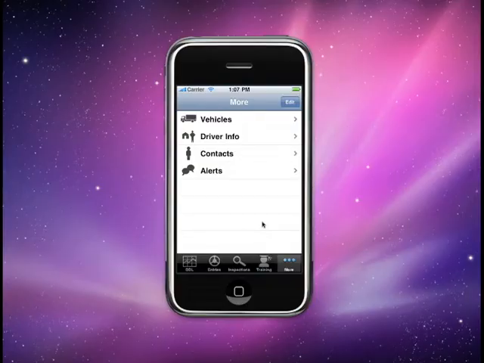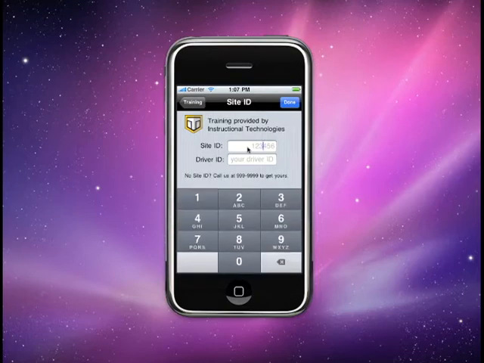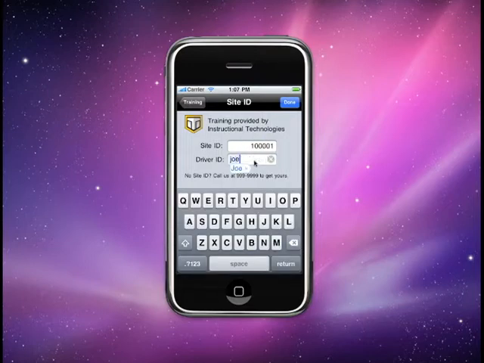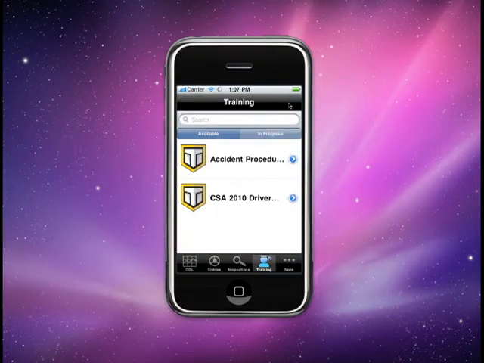Now that we're finished with the More tab, we'll move on to the Training tab. Click the Training tab at the bottom, and training is driver training provided by Instructional Technologies. For our beta test, your site ID will be 1 followed by 4 zeros and then another 1. And for driver ID, type in any name at all and then click the Done button, and training videos will